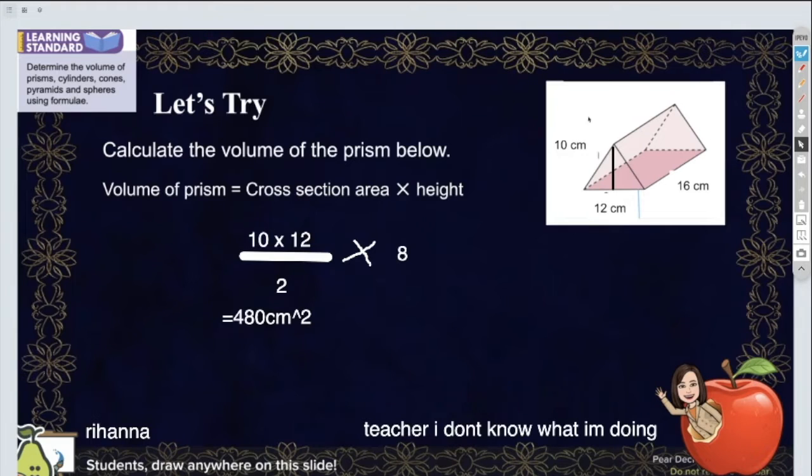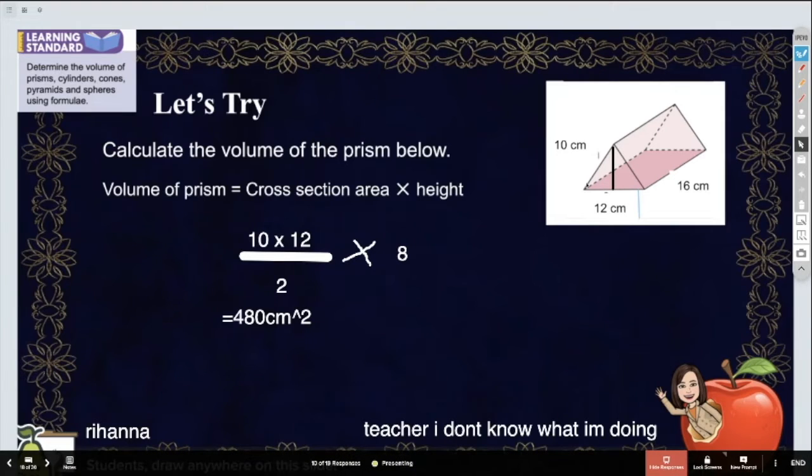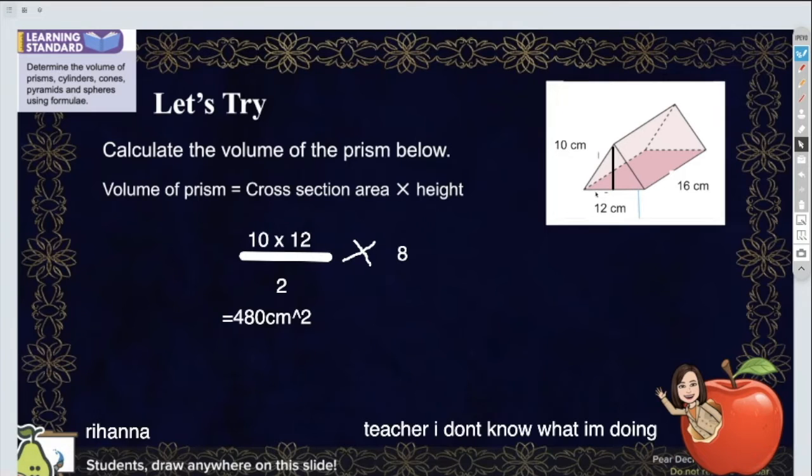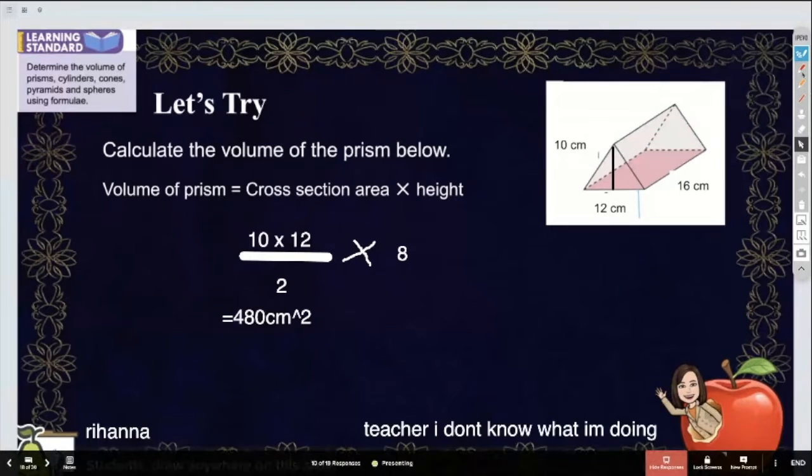Okay, Rahana, you find this one already? Height? You height just now, how to get? How to get 1 over 2 times, this one only 10, Rahana. The formula is the base of the area of the triangle. You find the area of triangle 1 over 2 times the base is 12. And what is the height here? Rahana, what's the height? You say you don't know, right? Now teacher give you hints. So you proceed. This one, what is the height here?